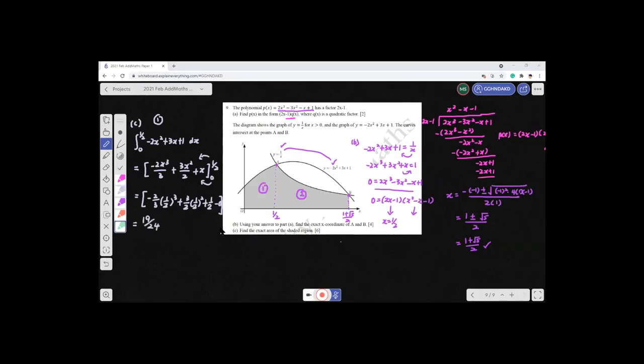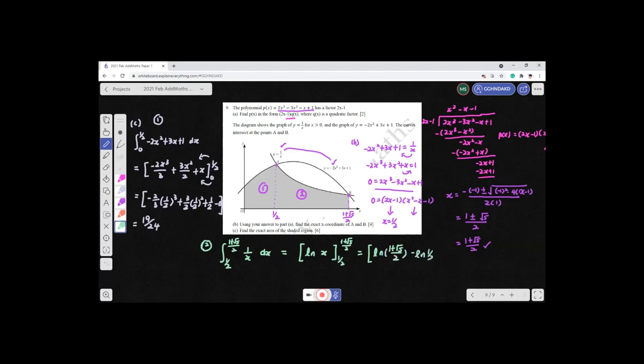For C, for number 2, I want to find here, which is from 1 over 2 until 1 plus square root 5 over 2 of 1 over x dx. So if you integrate 1 over x, automatically you get ln x, from 1 over 2 to 1 plus square root 5 over 2. So you substitute the value. So I will get ln of 1 plus square root 5 over 2 minus